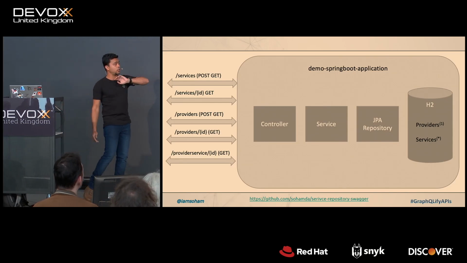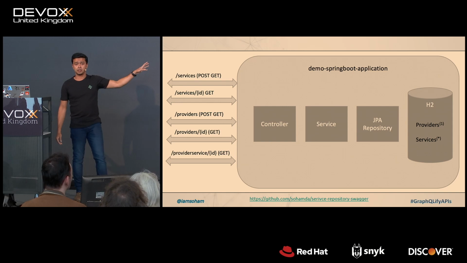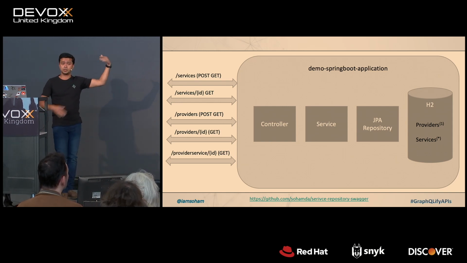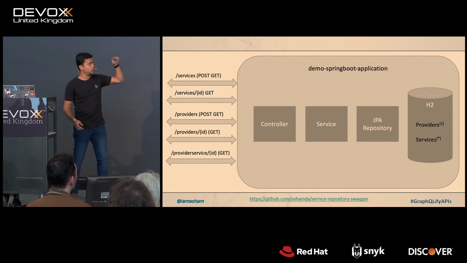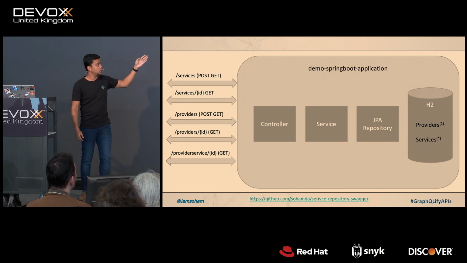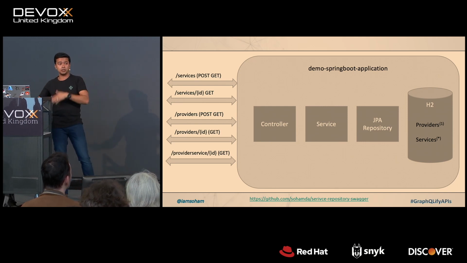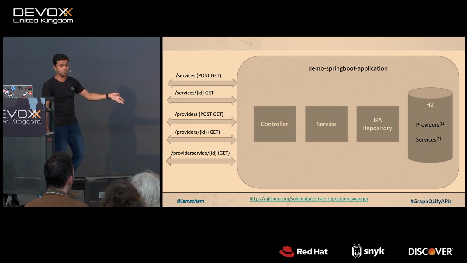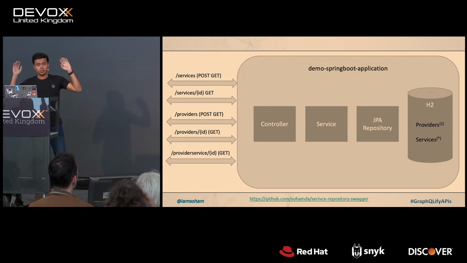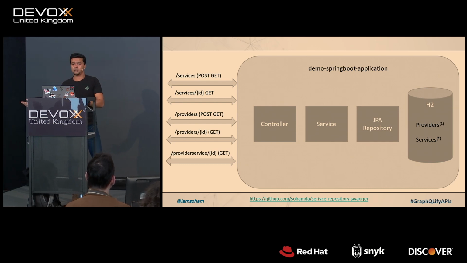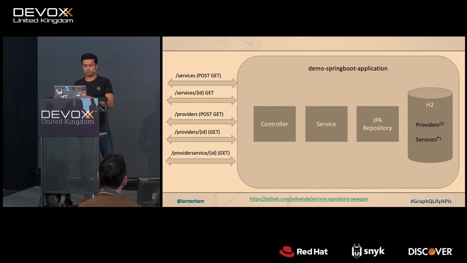My whole comparison is based on a very basic Spring Boot application, which is connecting to a database which has a hierarchical data structure. I have a JPA repository querying via Hibernate. I have a service layer, which is basically calling the repository. And I have a controller, which is exposing a number of REST endpoints. So keeping this in mind, how would I implement this in different frameworks?